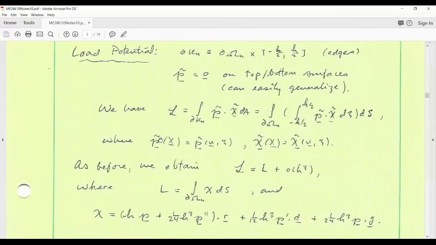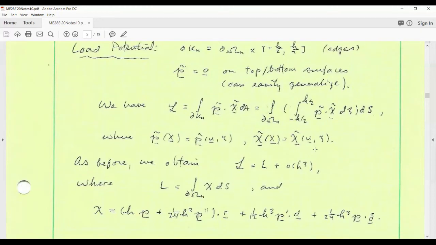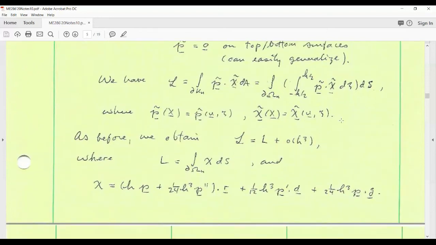We can again write the three-dimensional traction on that surface as a function of u and zeta, as usual. And we know how to do that. We know how to estimate this interior integral now using the Taylor expansion and the Leibniz rule. When we do that, we get the leading order, the order h cubed estimate, I'll call it ordinary L, plus an error of size small o h cubed, where ordinary L, I'll call it, so that's the boundary integral over